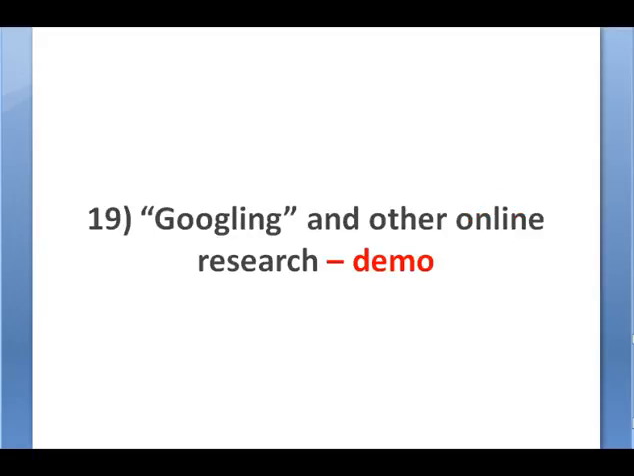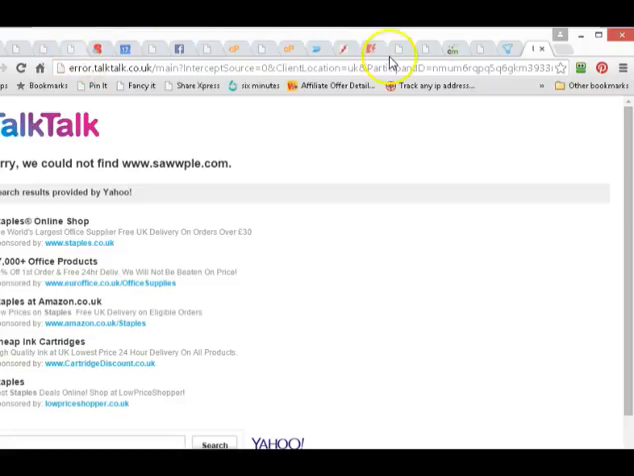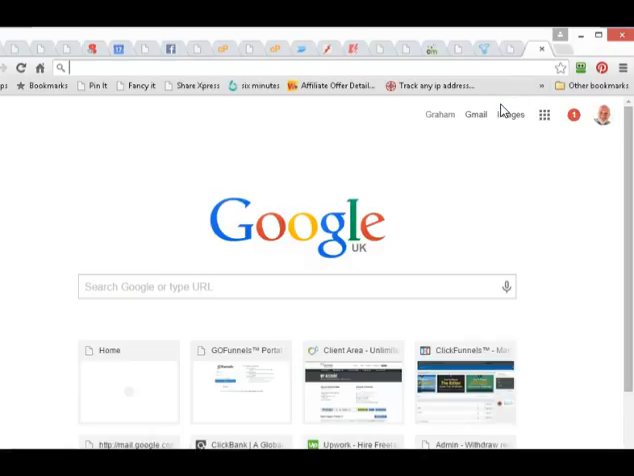Googling and other online research. Googling is a term that's come about because of the search engine Google. And if we go back to Chrome here, there you go, you can see I've got a lot of tabs open here. But if you click on a new tab, you can set them up for whatever you want. The new tab, I have mine set to Google because I quite often search for things. You might want to search for